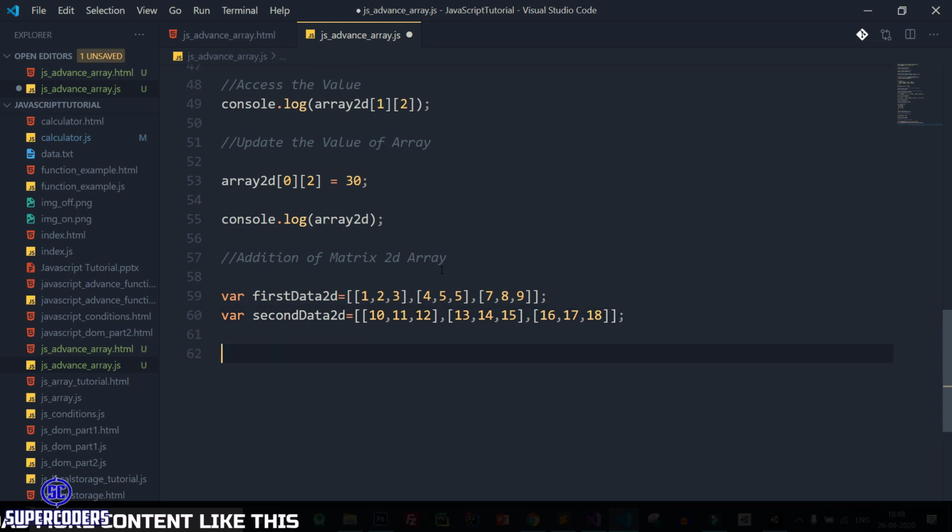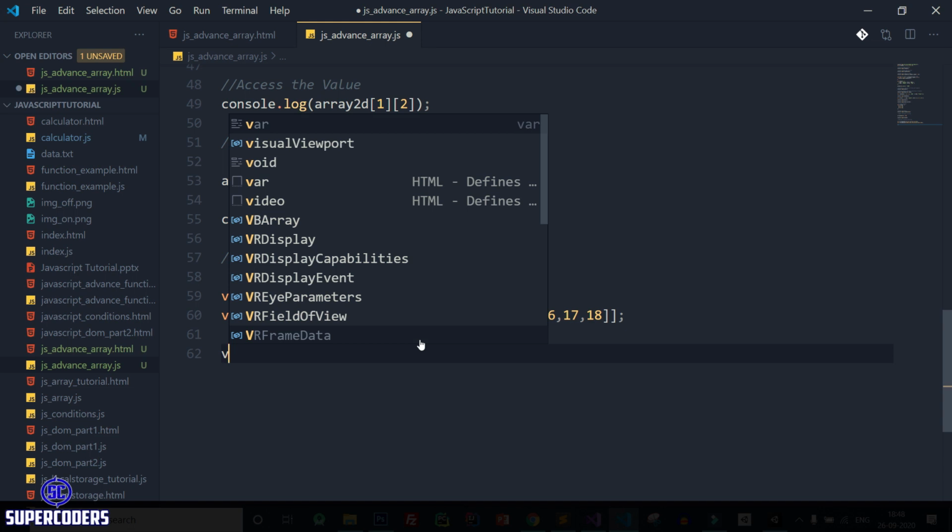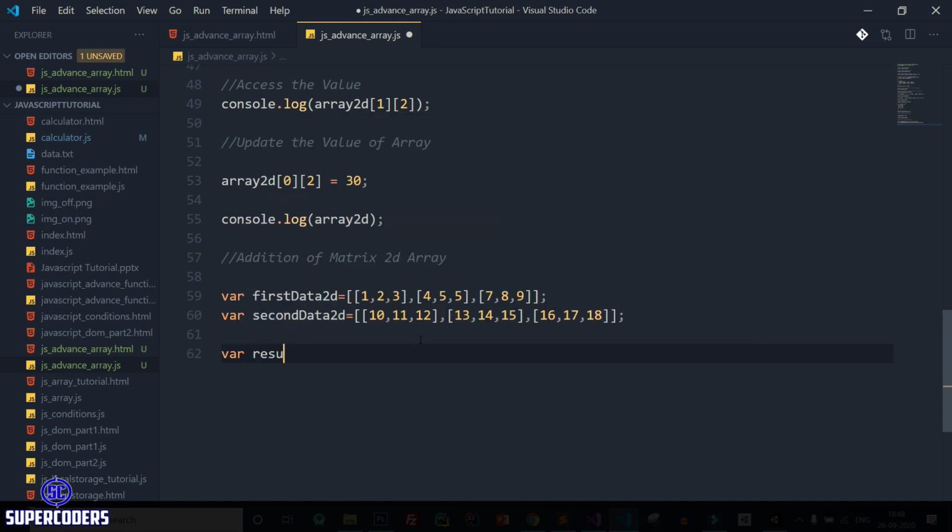After that let's sum up this addition of matrix. Let's see how you can add these matrices and create one more new array. So result matrix equal to an empty array.